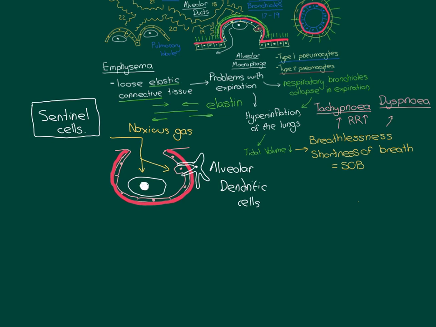These sentinel cells are going to release pro-inflammatory mediators that are going to act on the pulmonary capillaries and tell the endothelial cells of the pulmonary capillaries to recruit help from the bloodstream, so to bring in immune cells and immune proteins. And we'll now look at this process. So, overall, they're going to release what we can call pro-inflammatory mediators, and I don't like the black pen. It doesn't show up very well at all against the dark background.